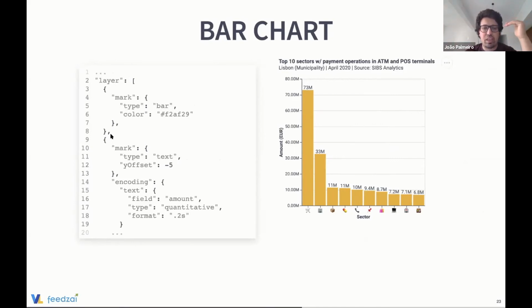So basically, layering here is just, okay, I have a chart, a basic chart, but I want to add information. And for this information to be in the right place, like these numbers, how should I program this? Well, in this declarative way, you will not try to see, okay, let me see where is this position and put it a little bit further, that kind of more imperative way to do this.